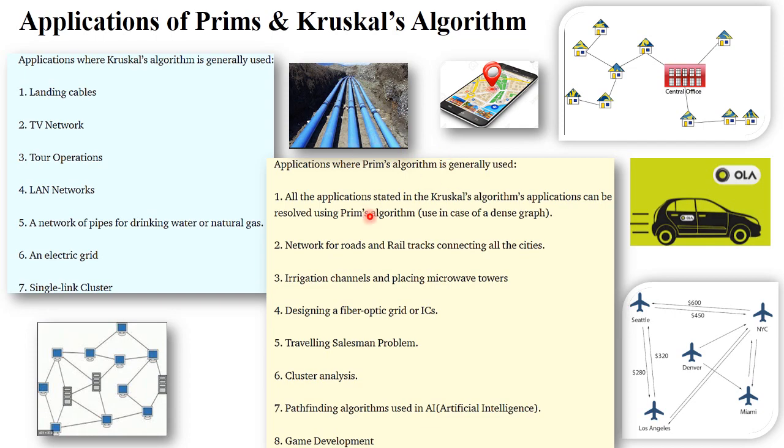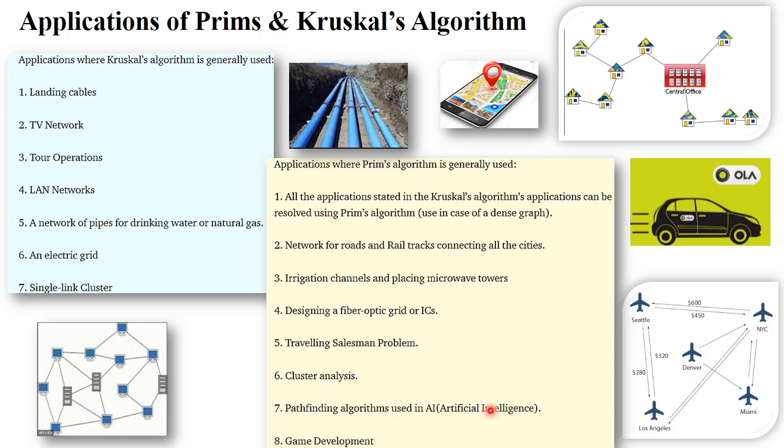Then Prim's algorithm is also used in railway tracks. Two cities are connected with each other, for example, Pune to Mumbai. Both cities are connected through a particular railway track, and this railway track is the shortest path from Pune to Mumbai. Next, designing fiber optic cables, the traveling salesman problem, game development, airline systems,